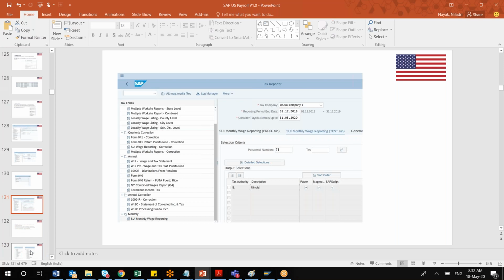So the next one is another report which I was talking about, most frequently used, that is your SUI, the state unemployment insurance. Here it will look like this. It's a monthly report. If you have seen in the down section, there's monthly-based SUI reporting. For this example, I have chosen an employee who belongs to Illinois, so for that region it is showing tax authority Illinois,